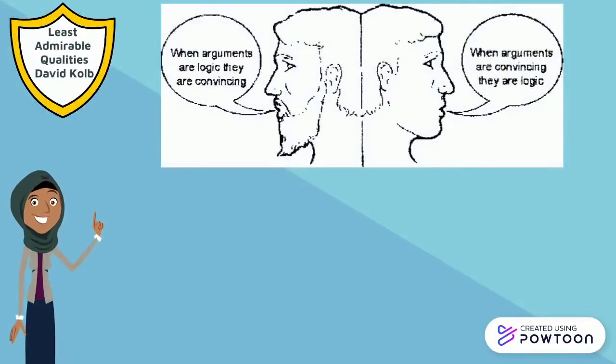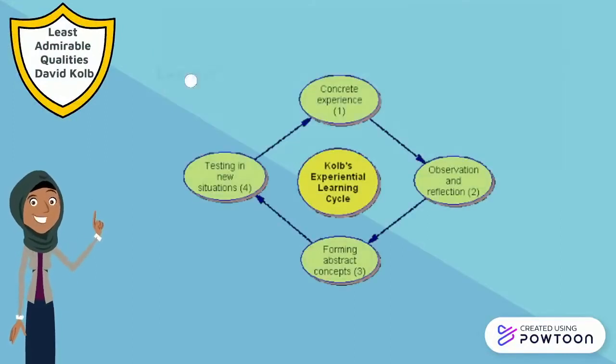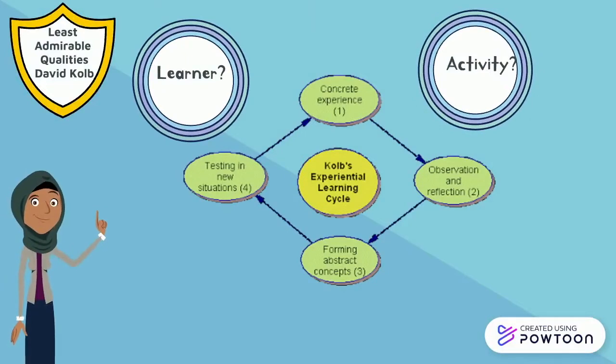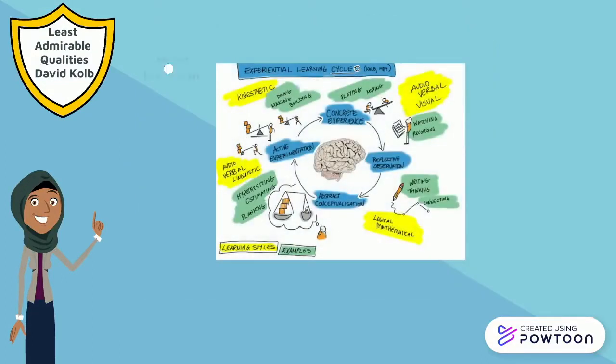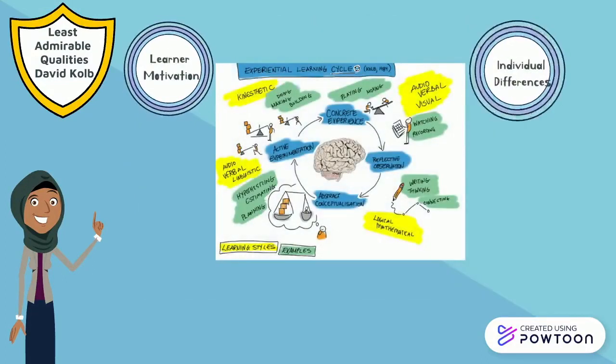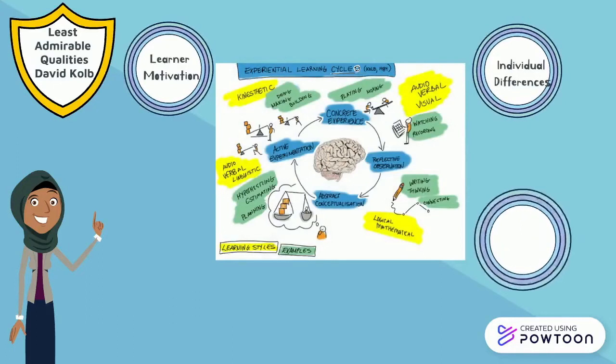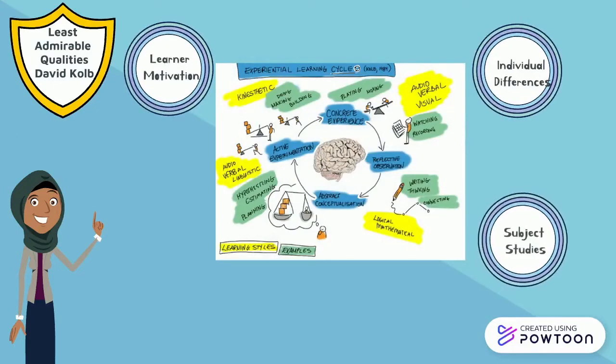Probably the most important criticism of Kolb's learning cycle is that depending on the learner and/or the activities they're engaged in, some stages of the process can be bypassed or repeated several times in any sequence. There is little to stop the process being reversed or sequenced in entirely different ways, depending on learner motivation, individual differences, subject being studied, and a new component Kolb probably had no reason to consider at the time: the digital tools being employed to support those learning activities.